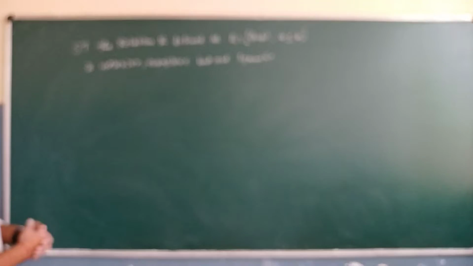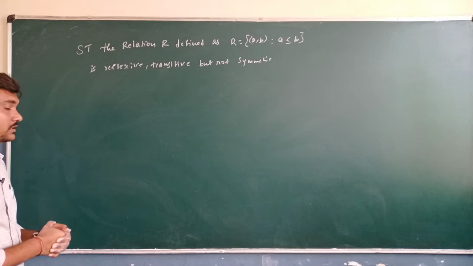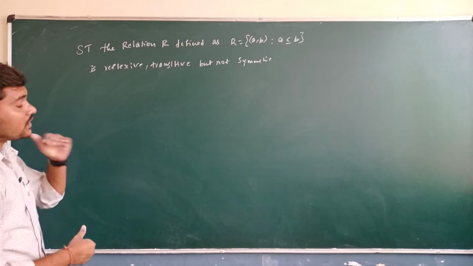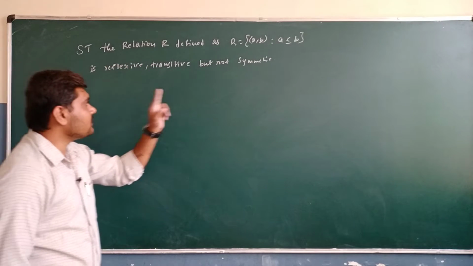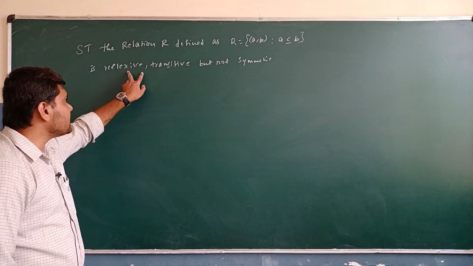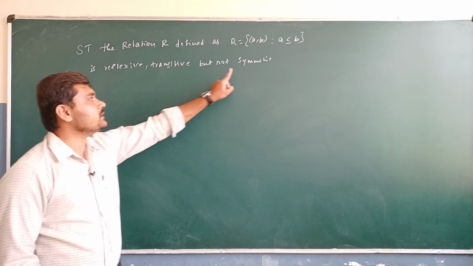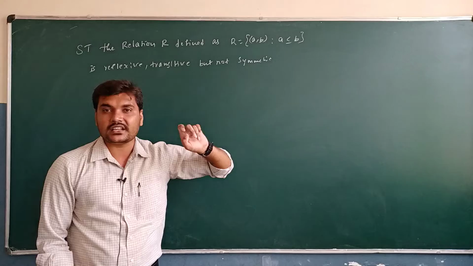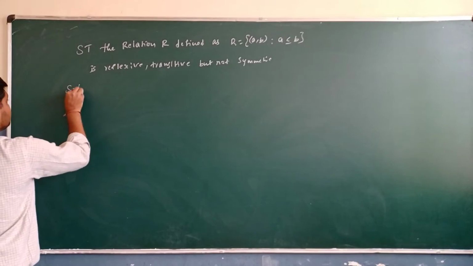Try to understand the problem here. Show that the relation R defined as R = {(a, b) such that a is less than or equal to b} is reflexive and transitive. Means we need to show that the given relation is reflexive and transitive and it must not obey the symmetric property. So here the solution is going to be